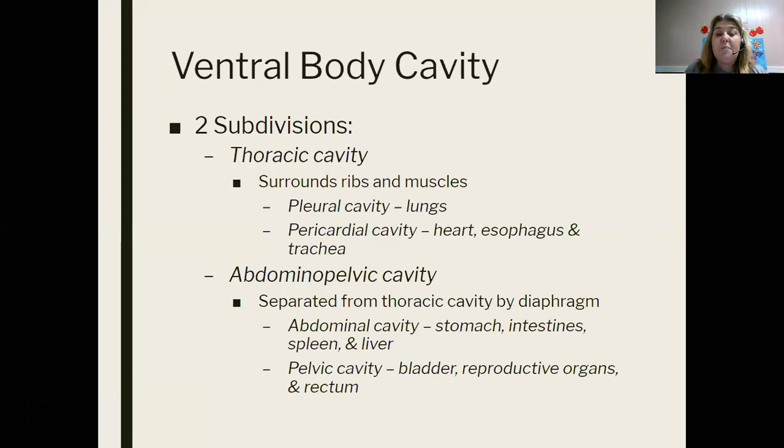Then the abdominopelvic cavity, which is abdomen and pelvis, those are going to have the abdominal cavity, which has our stomach, intestine, spleen, and liver. And then the pelvis or pelvic cavity has the bladder, reproductive organs, and the rectum. Now, just looking at the thoracic and the abdominopelvic cavity, and then thinking about our cranial and vertebral cavity, think